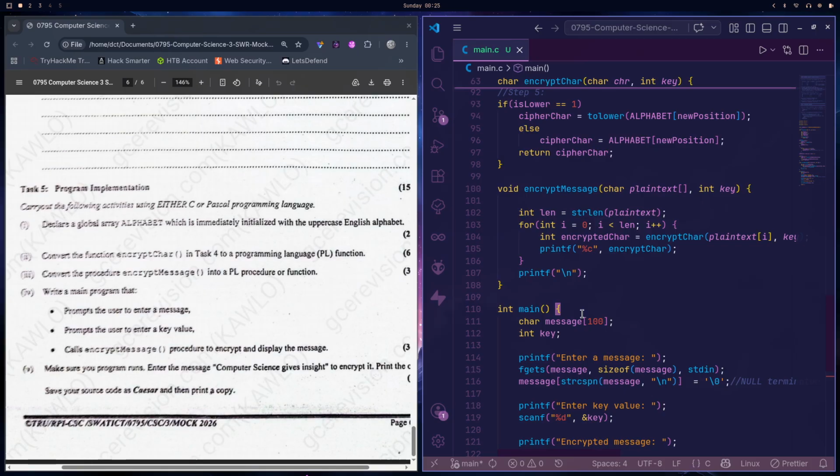Let me run it. Okay, so the same. Roman 5 said, make sure your program runs. Enter the message. Computer science gives insight. To encrypt it, print the output and save the source code as Cipher and print the copy. Okay, enter the message. I'll just say computer